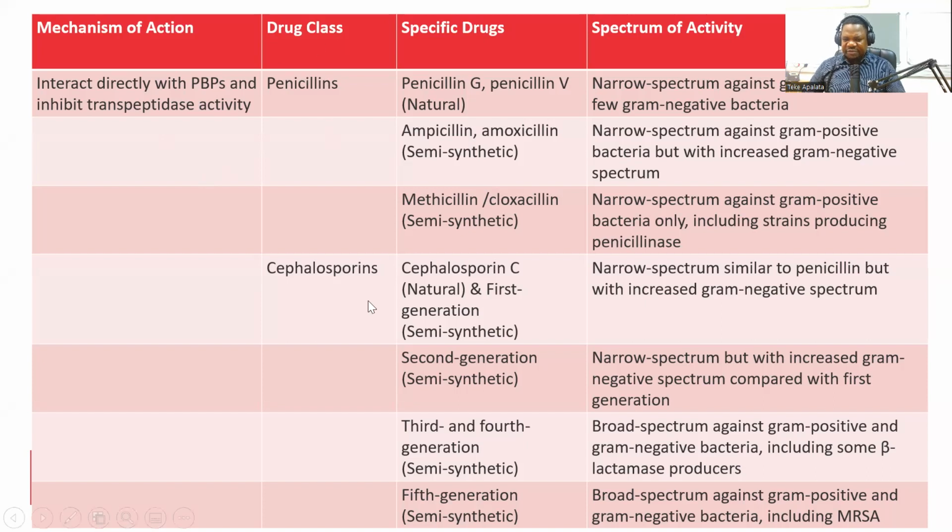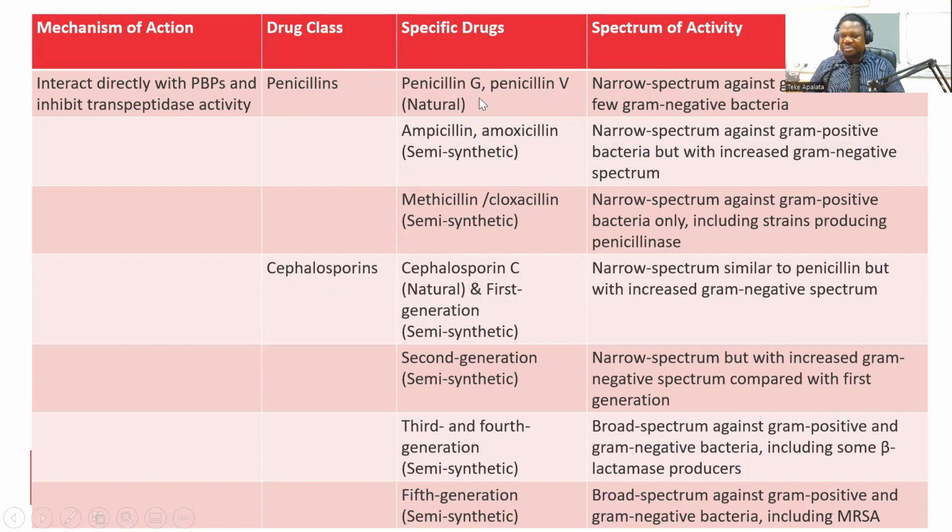So we have different classes of those drugs. We have mainly the penicillins. We have penicillin G and penicillin V that are natural penicillins. And we have the semi-synthetic ones like your ampicillin and amoxicillin. And we have those that are also semi-synthetic like your methicillin and cloxacillin that have a particular activity against staphylococcal